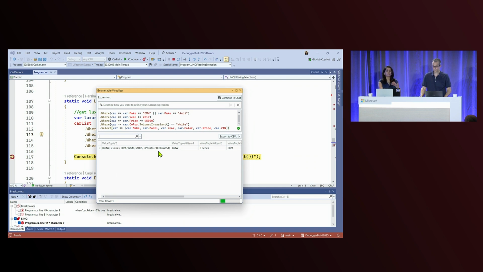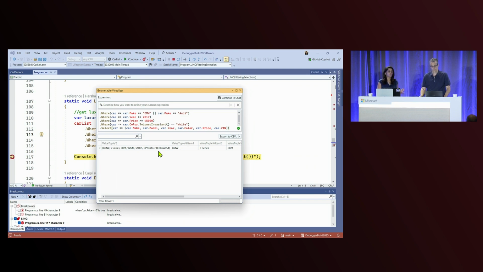So again, this was a very simple example where you can use existing visualizer along with some LINQ query and Copilot suggestions to filter your data or even edit your queries and get nice and corrected queries. So these were very simple features which you use in your day-to-day life, and we see how Copilot can actually help you there.